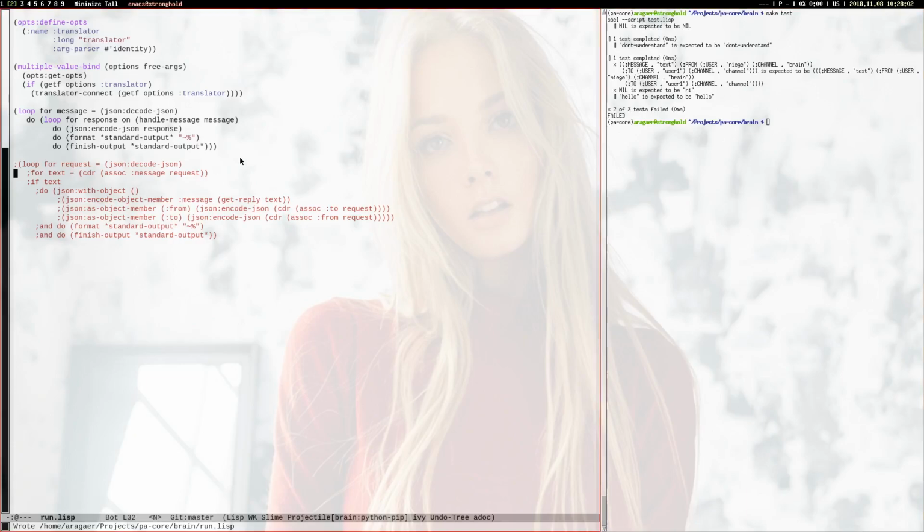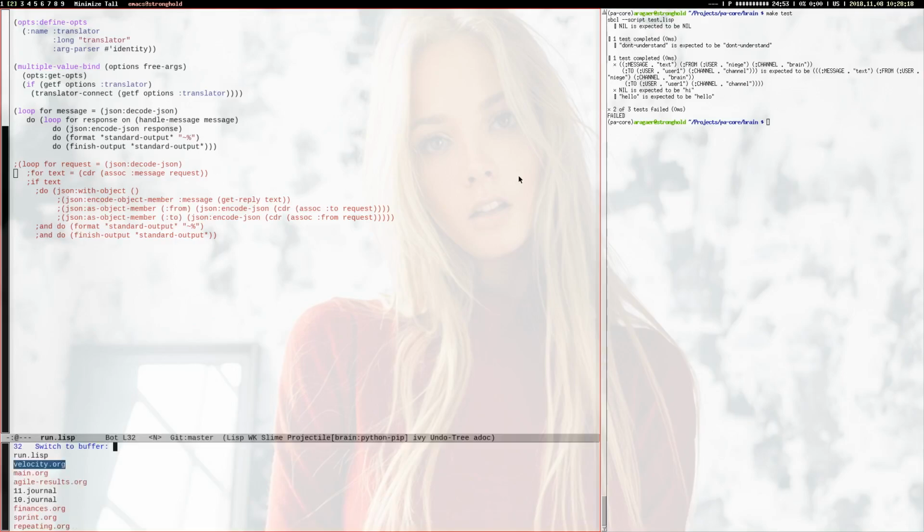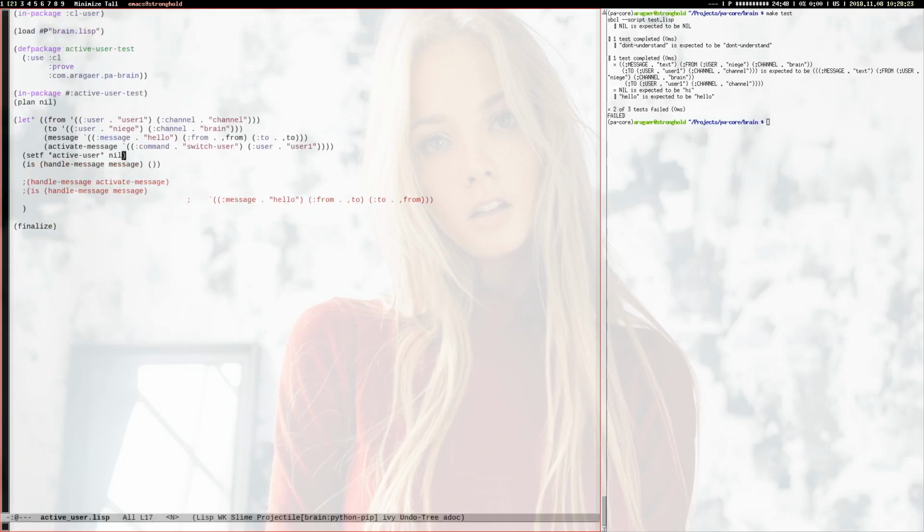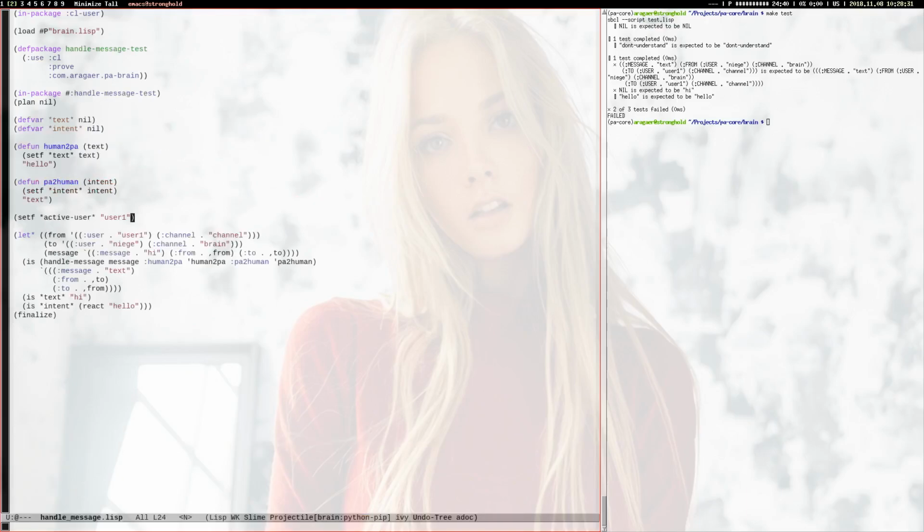Okay, so last time I started writing tests, and now this test is failing, and I think that here it's because... no, not here, this test. So after handle message is called, it should use both functions, human to PA and PA to human, and